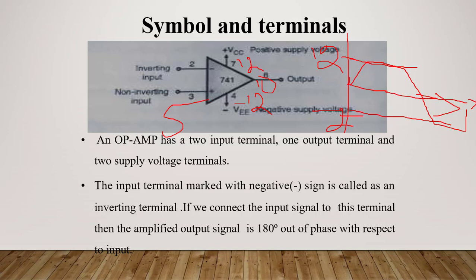Now what is the use of this VCC and minus VEE, understood, right? This is the maximum output I can get here. If it exceeds that portion, I am not getting it here. That is the reason we are using this plus VCC and minus VEE. So that all depends upon what the gain is in this one.